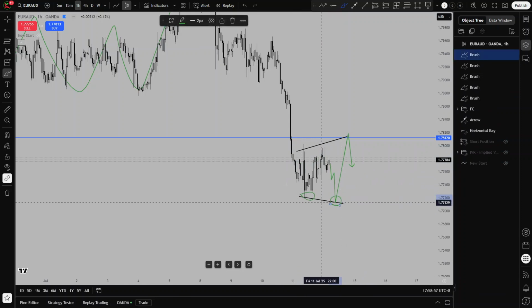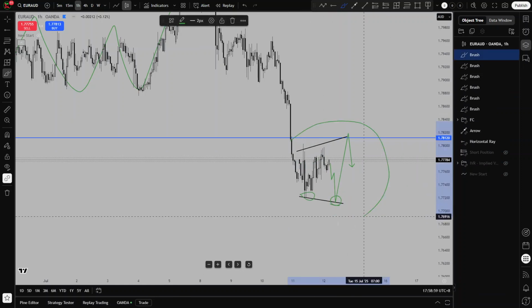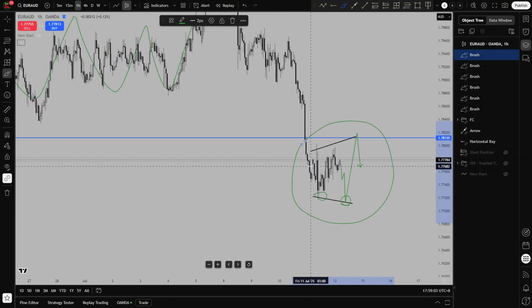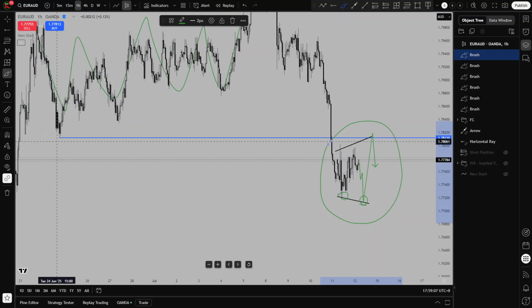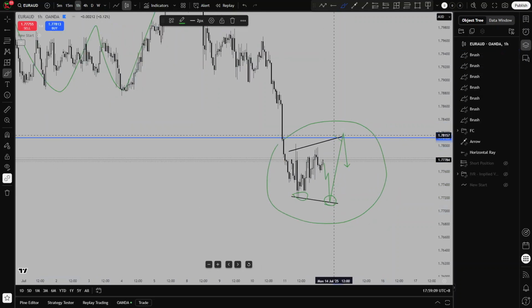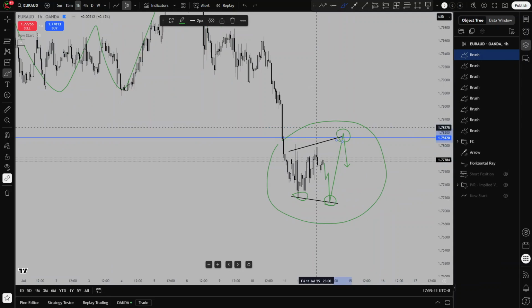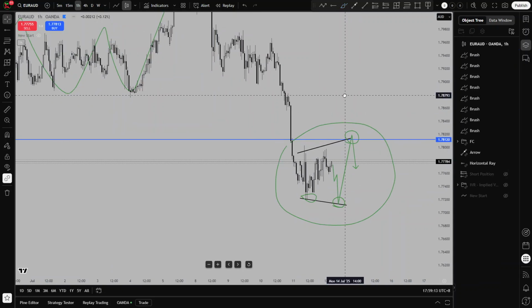least a proper second base, which then would create a fairly structured 1-hour bear flag continuation, and preferably retesting this previous low here. So if we get something like that, that would be a prime entry for a short